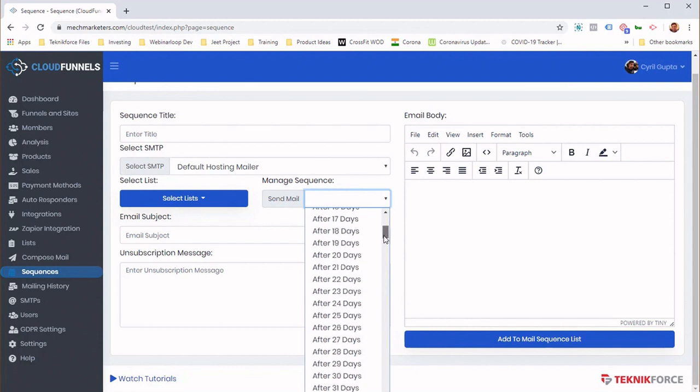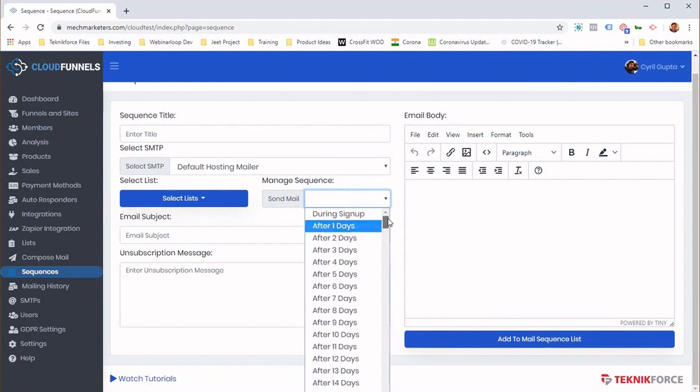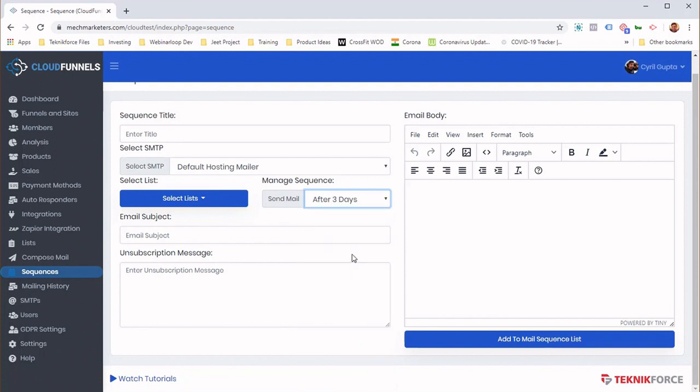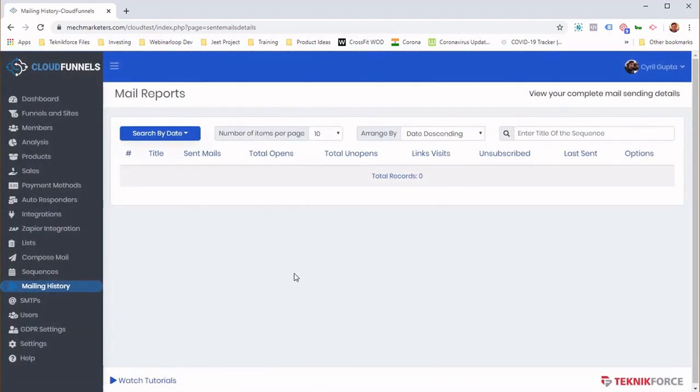After first day of purchase, fifth day, 20th day, 3rd day, whatever you want, you can just click on it, and on that interval, CloudFunnels is automatically going to send out your mails to your customers, to your members, and that way you can set up your entire sequences right inside CloudFunnels without having to buy an autoresponder in addition.